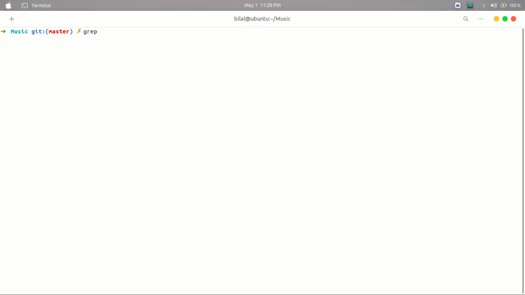So the grep command will do some kind of functionality inside the file, on the content of the file. If you want to do some functionality on the content, on the text that is written in the file, it will perform those functionalities inside the file. So let's say if I write